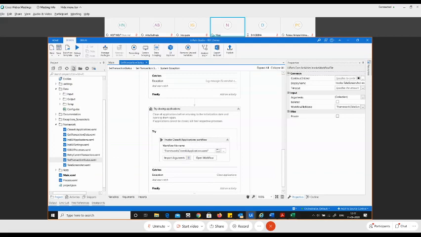Now the close all application, as the name suggests, is responsible to close all the applications that have been opened up.